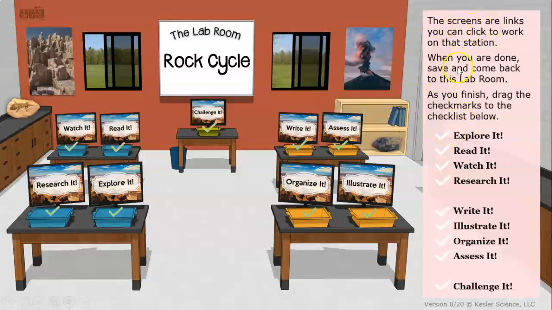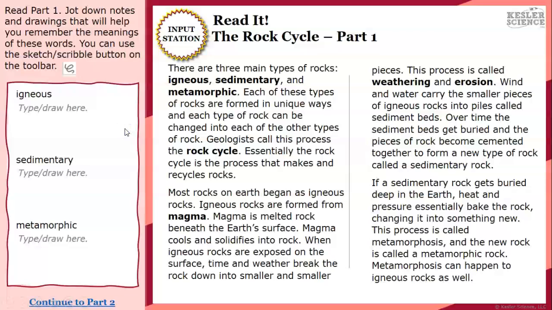But as you can see, imagine this is the classroom. And you can see it gives directions here. The screens are linked, so you can click and work at the station. When you're done, save and come back to the lab room. As you finish, drag and click. You don't have to do this unless you want to. So let's say, for example, I'm going to start with the Read It section,